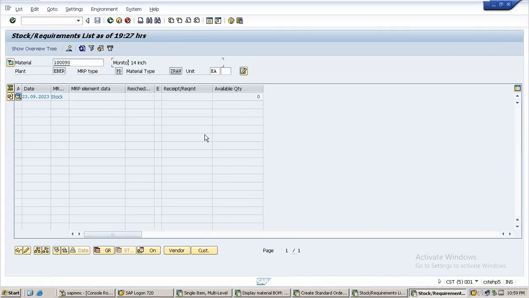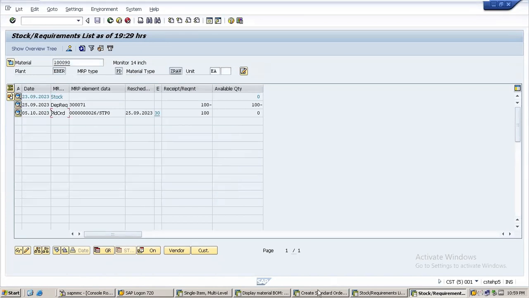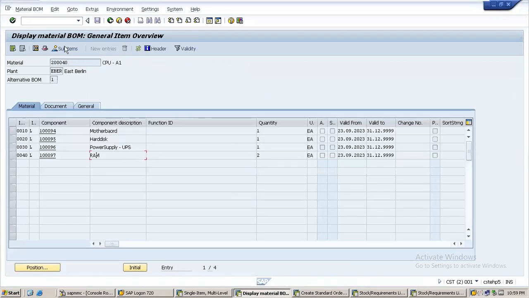Let us see for the components. If I refresh the components, I can see there is a dependent requirement for this particular material, and you can see there is a planned order created. If I open this one, we can create a purchase requisition for this planned order for this component, right? If I see another component, for example 94, which is part of this assembly,